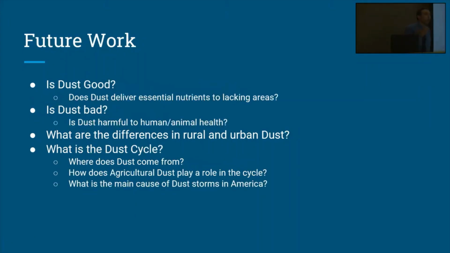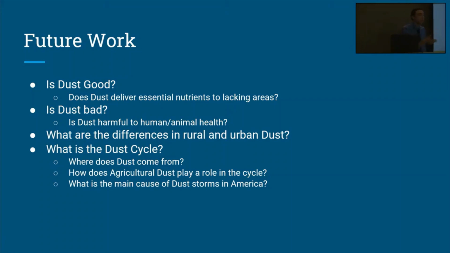So what does future research look like for dust storms? Well, first we need to figure out the differences between urban and rural dust. Because rural dust could have more nitrogen and phosphorus because of agriculture, but if there are metals in dust and we're breathing in those metals, that probably isn't the most beneficial for our health. However, there could be ecosystems that are lacking these essential elements, and dust could blow those elements to those ecosystems,